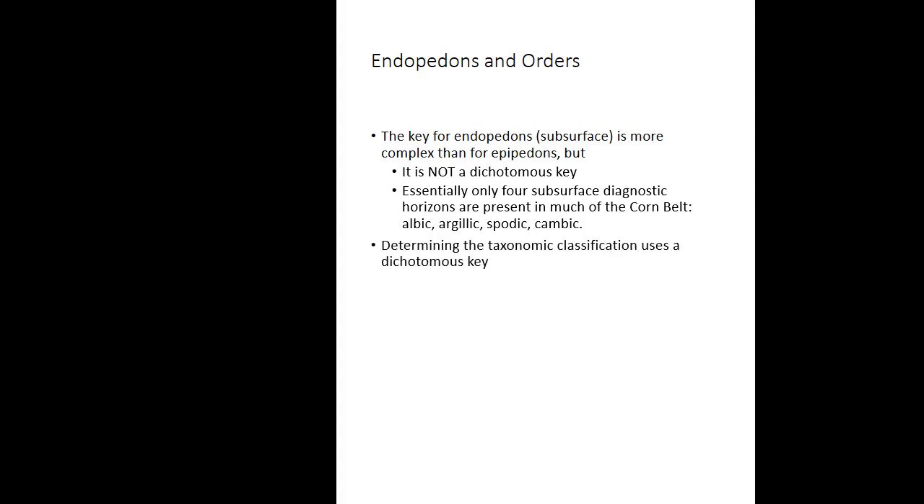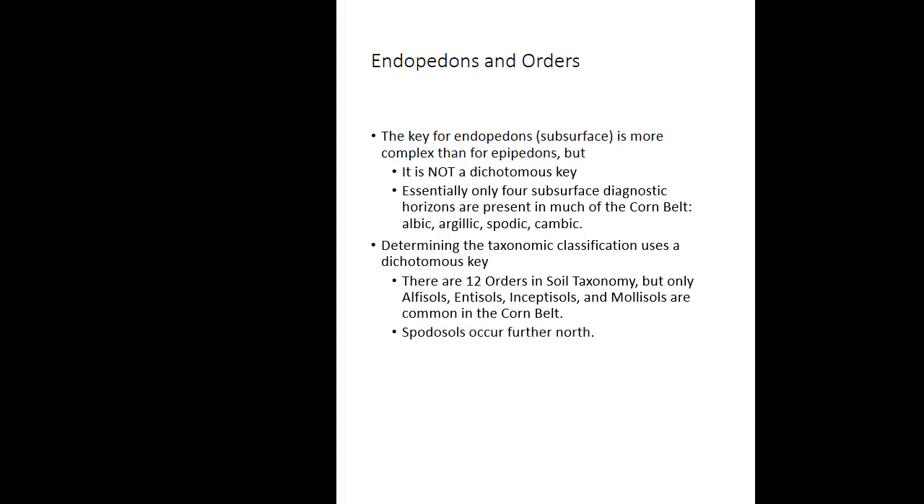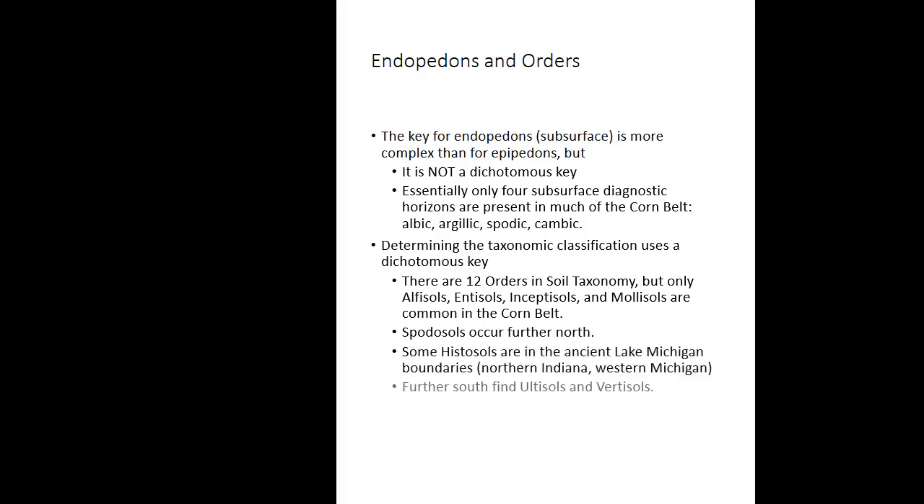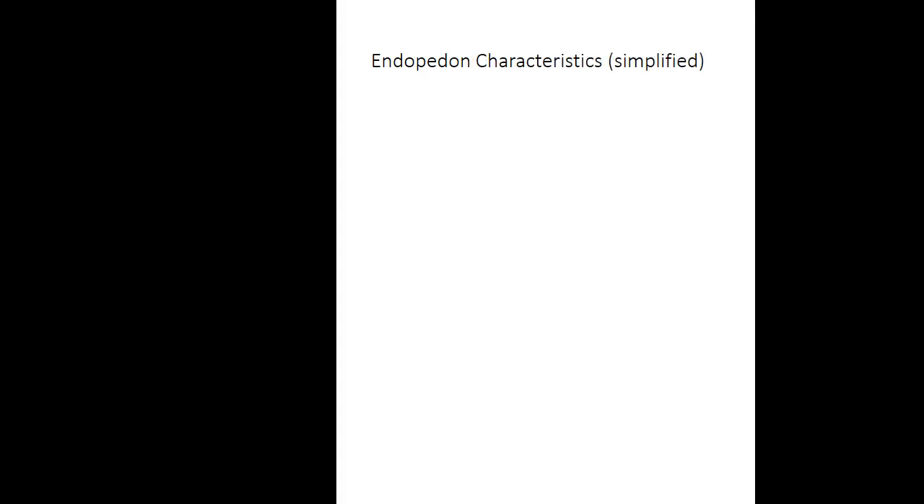And then in order to determine the taxonomic classification, we go back and we use that dichotomous key. And although there are 12 orders in soil taxonomy, only 4 of those are common in the Corn Belt. And if you go further north, you can find some spodosols and maybe some histosols. And if you go further south, you have to go further south to find ultisols and vertisols. So if we look at